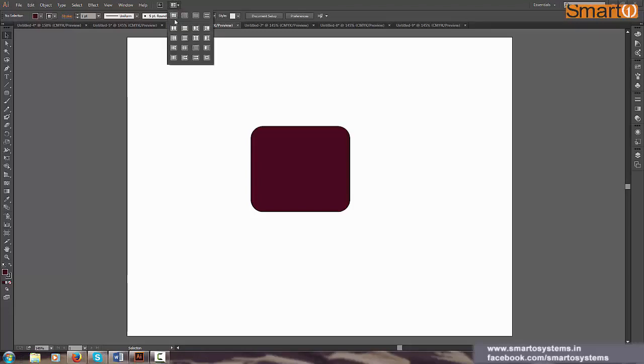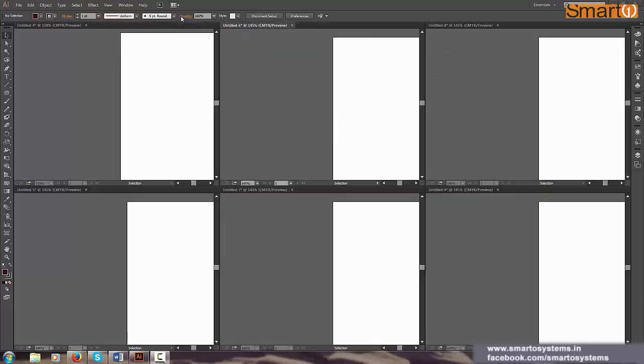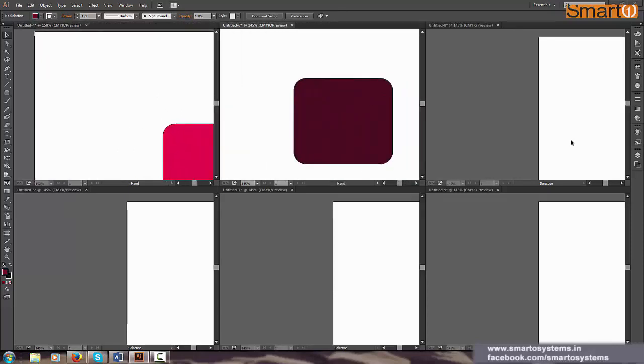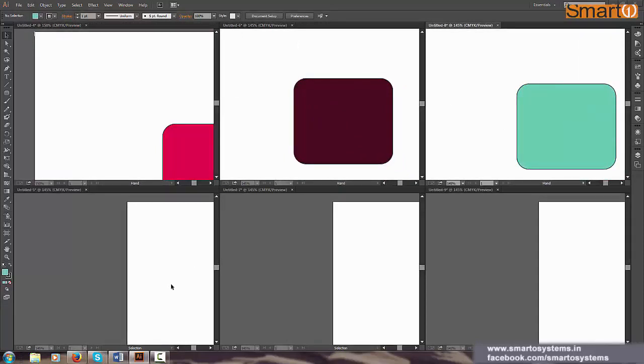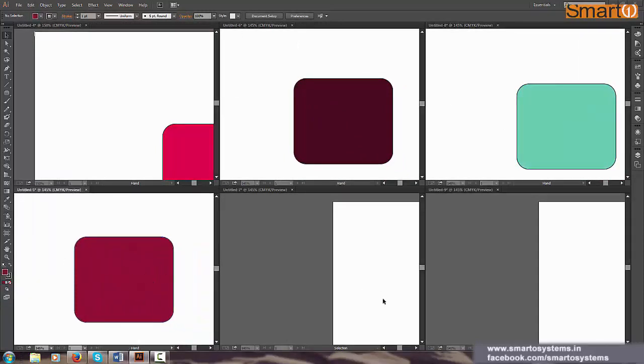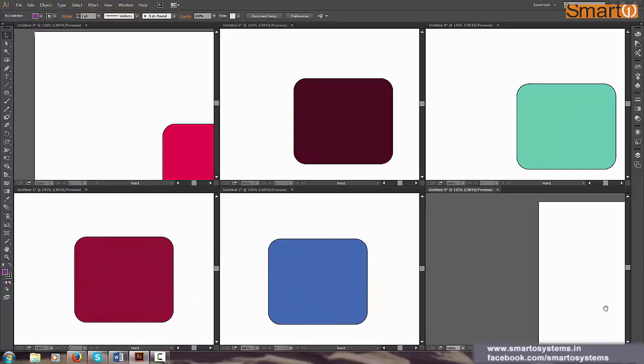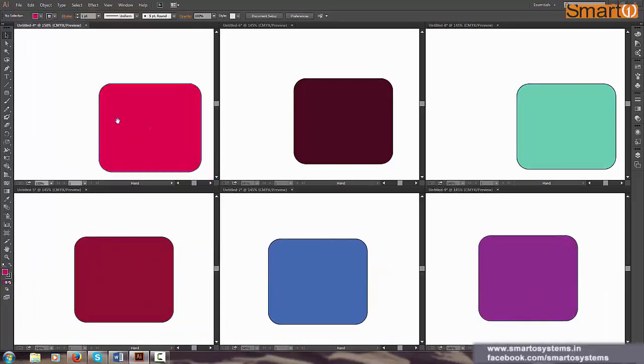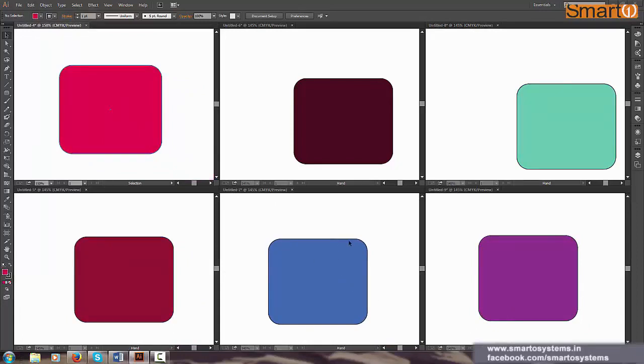So right now this one is selected, which is one window on the screen. If I select this one, the second button beside it, then let's just click on it and release. So you see I have so many documents opened at a time. How am I navigating the documents? We'll come to it after this. So now I have all my documents here in the same window.